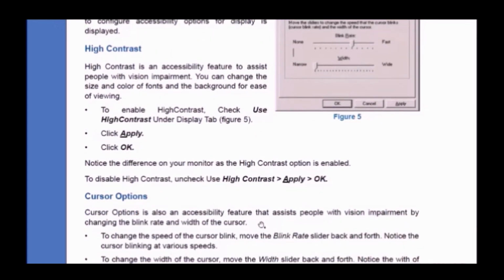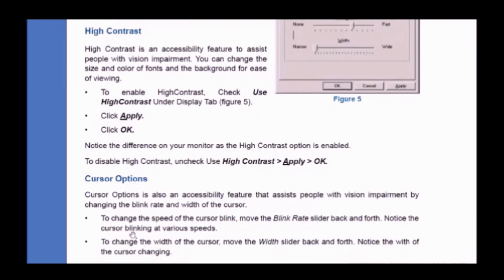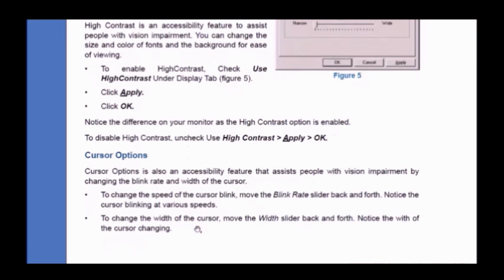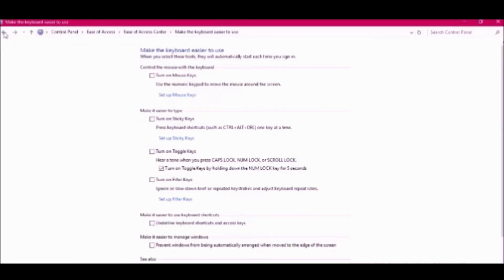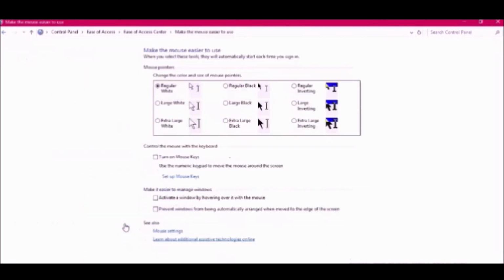High contrast options are for the fonts, the size of the font, and the color of the font, and the cursor option is for the mouse pointer: what color the mouse pointer should be and what speed it should have. All this you can manage with the cursor option. You can go back and then make the mouse easier.